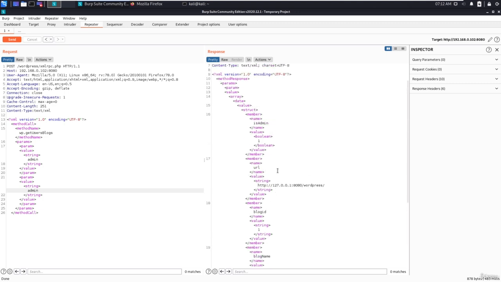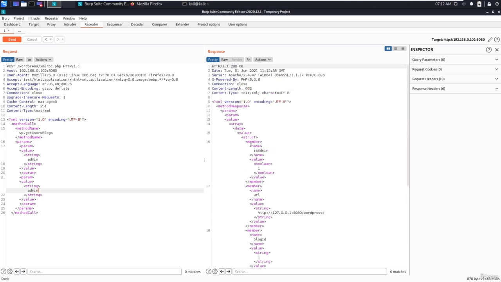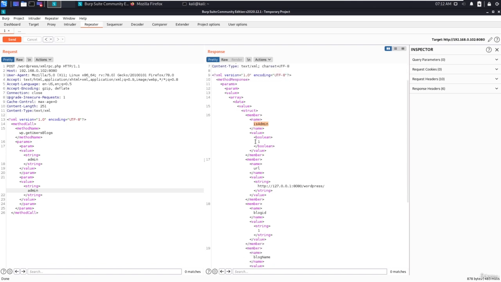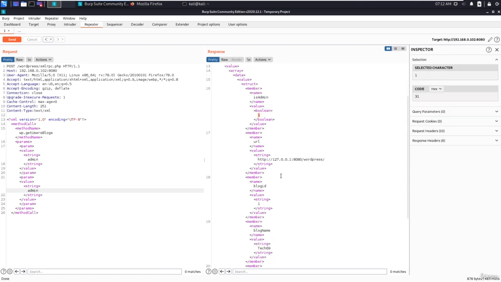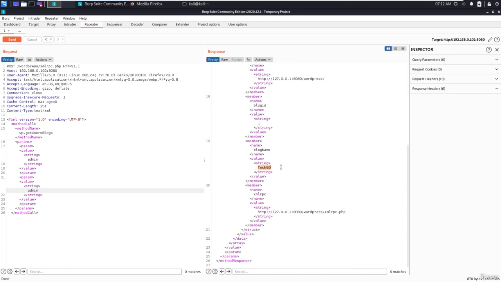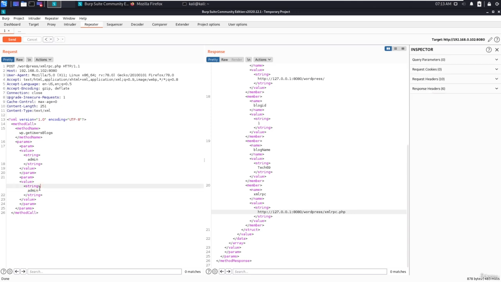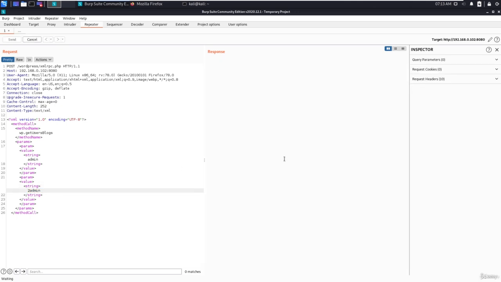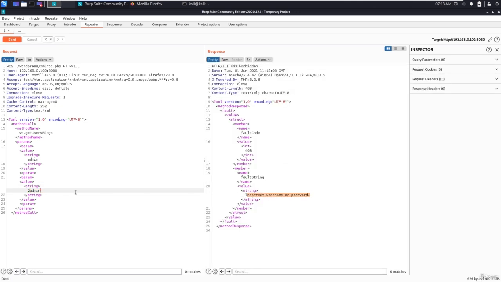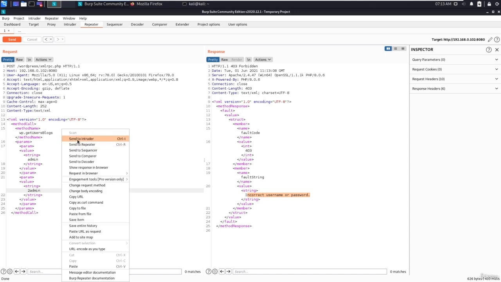something other than incorrect username or password. We got isAdmin, the value boolean is true, and the URL, and the blog name string. Actually this is XMLRPC. So that means you can put placeholders here and brute force this one. So let me say admin2, and you can see incorrect username or password. So you can send this to Intruder